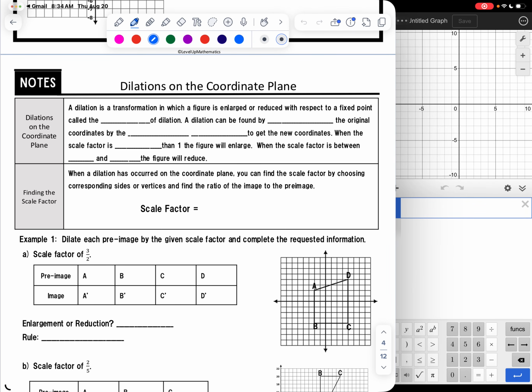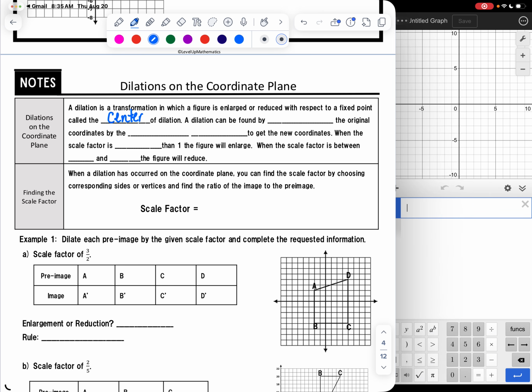In today's lesson, we will be exploring dilations on the coordinate plane. Before we do, let's review a little bit about dilations and scale factor. So remember, a dilation is just a transformation in which a figure is enlarged or reduced with respect to a fixed point called the center